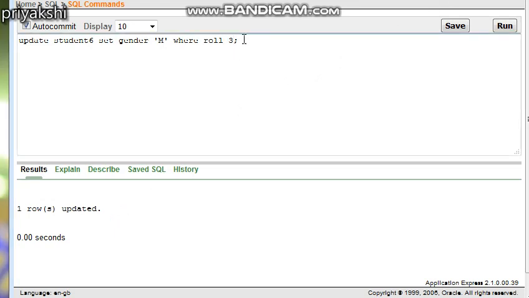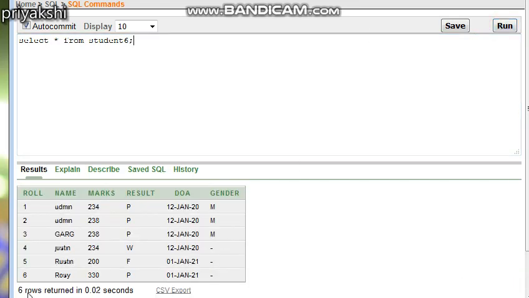Now suppose you want to delete a particular row from the database. If you have wrongly inserted a value you can update it. But for example, suppose roll number 5, Rustin, has left the course in between.